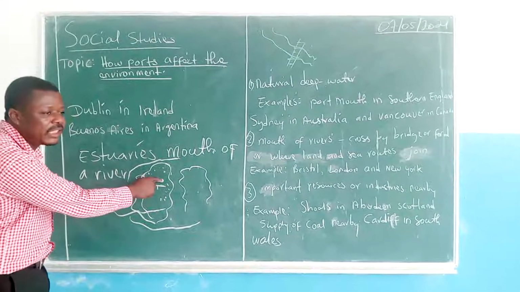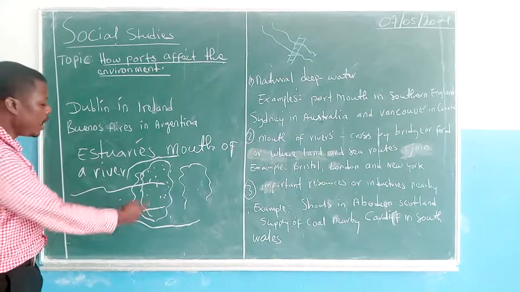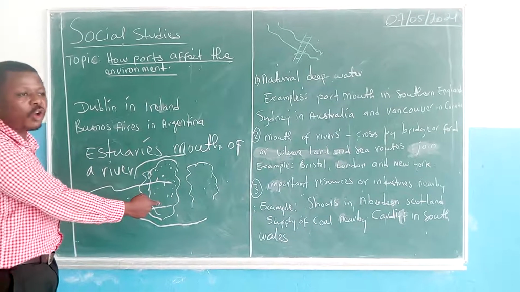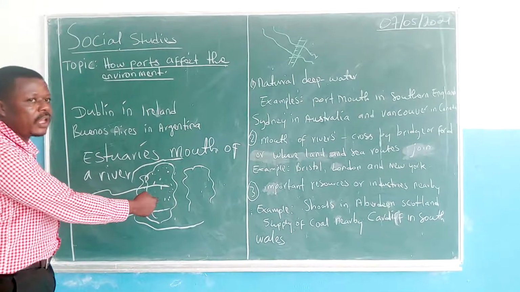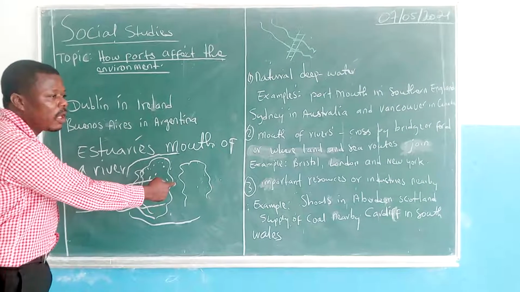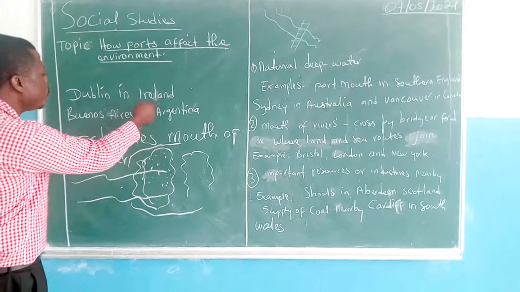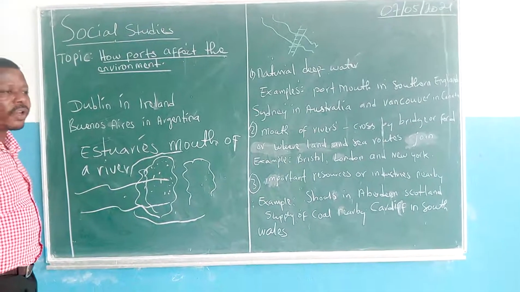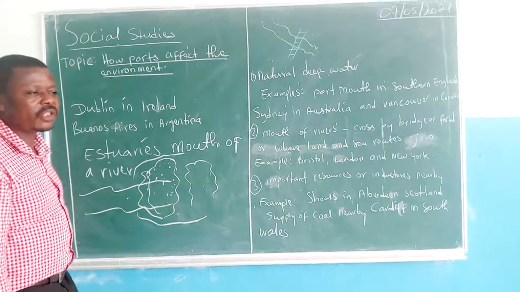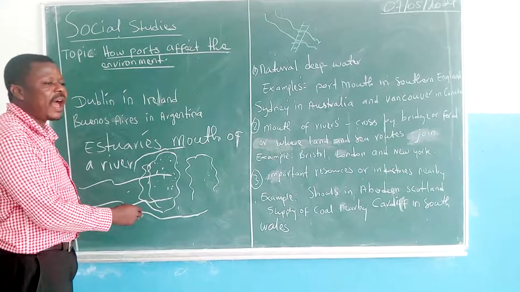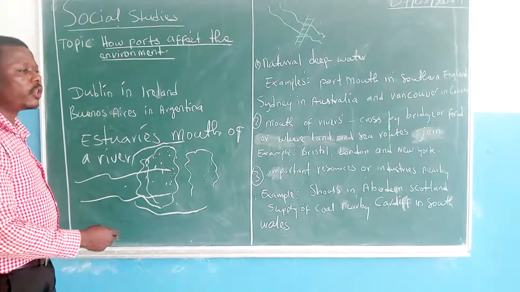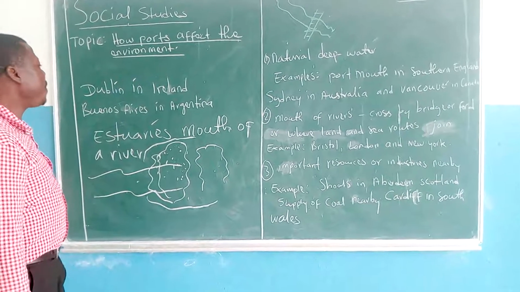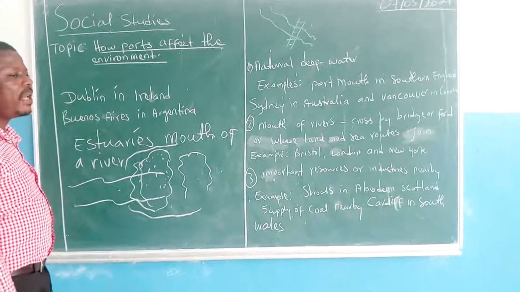As they are going to build a seaport here, what is going to happen to the trees? They will cut down the trees, destroy the habitat of the animals, and destroy all the wildlife that is around here, to make this place good for a port. So because of trying to develop a port at the estuary of rivers, land, natural resources on the land, wildlife, and other things are being destroyed. This is how we see that ports affect the environment around which they are being built.